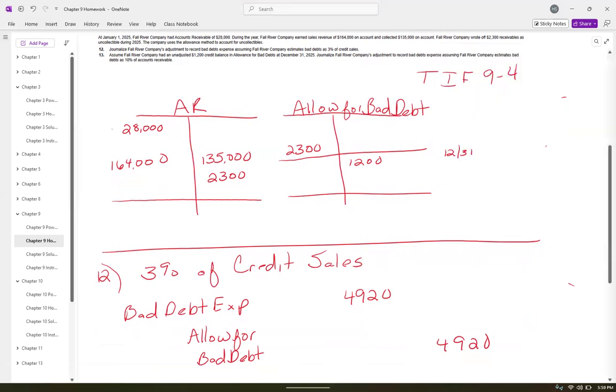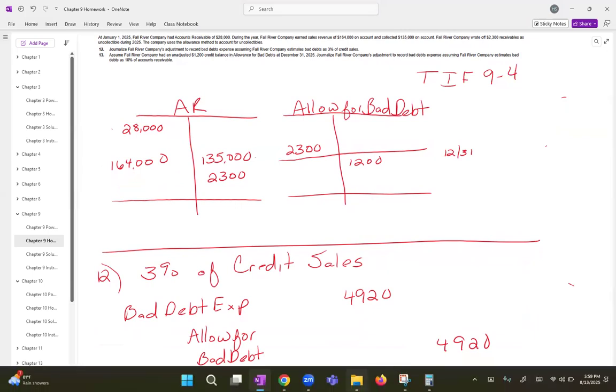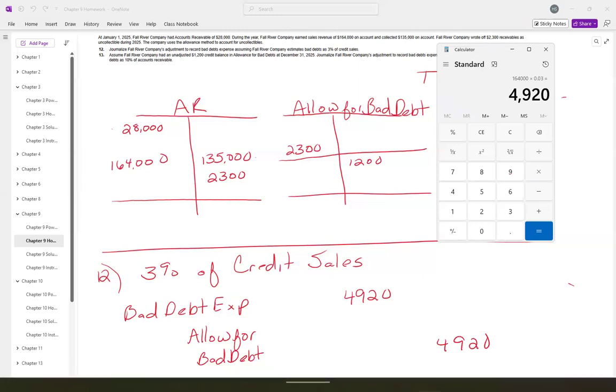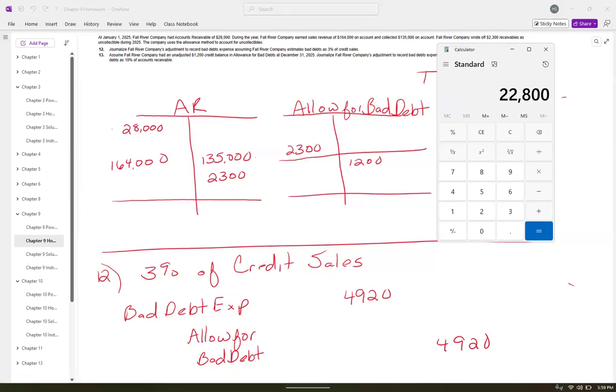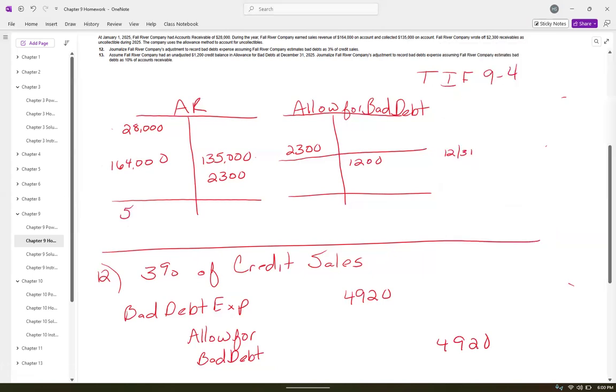So we're going to take the beginning balance, add the credit sales, subtract the cash payments, and subtract the write-off. So I'm going to start with 28,000. I did not do that right. And then I'm going to add 164,000. Then we will subtract 135,000 and subtract the 2,300. So that gives us a balance of